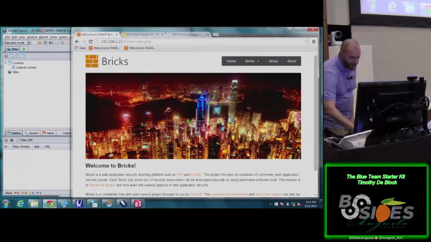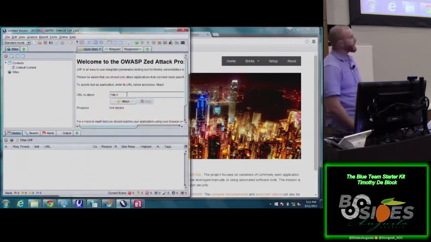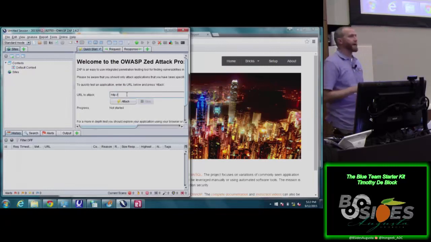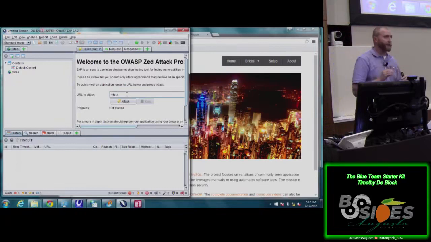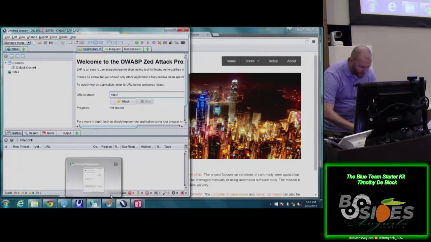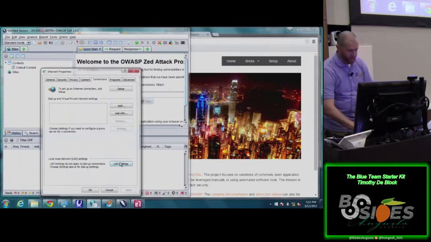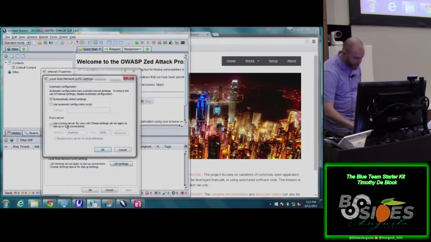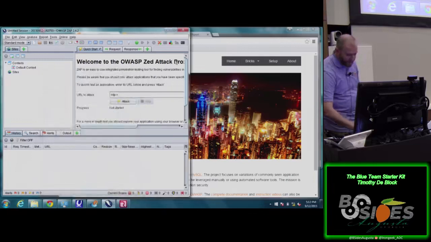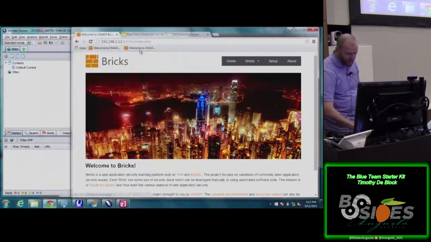To set this up for Zed Attack Proxy, I think a lot of people know you have a start button here. That's what a lot of people fall into. You can start there and get all your low-hanging fruit, but you've got to dive a little bit deeper, and it can go even deeper than that. I want to show some of the basics that get you going. You go in here and set up your LAN. You set it up as a proxy, so it's just capturing everything that you're clicking on